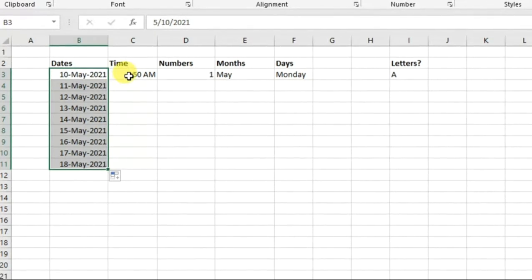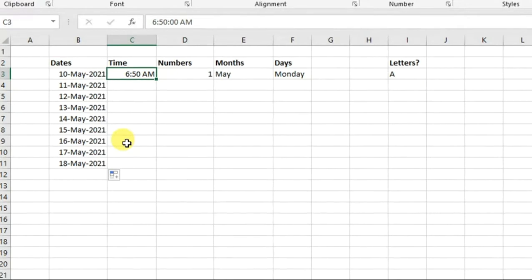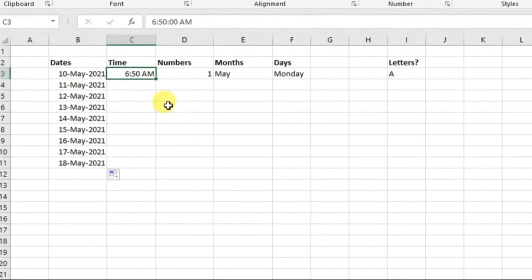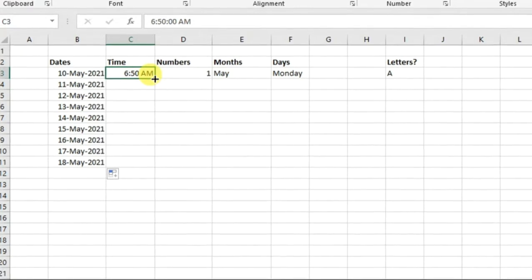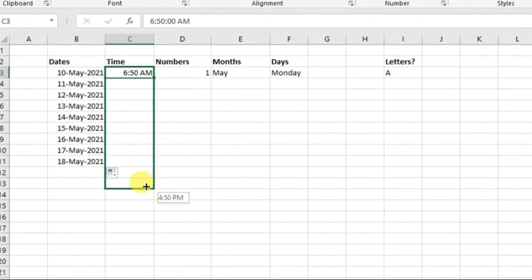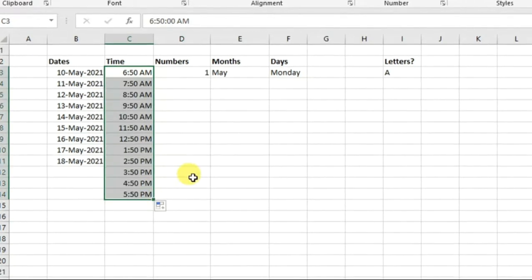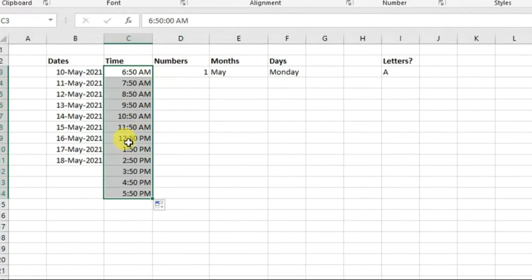The same is true for time also. If you want to autofill the time with a gap of 1 hour, just drag it down from the right corner till the place you want to fill. It will automatically fill with a gap of 1 hour. See, like that.